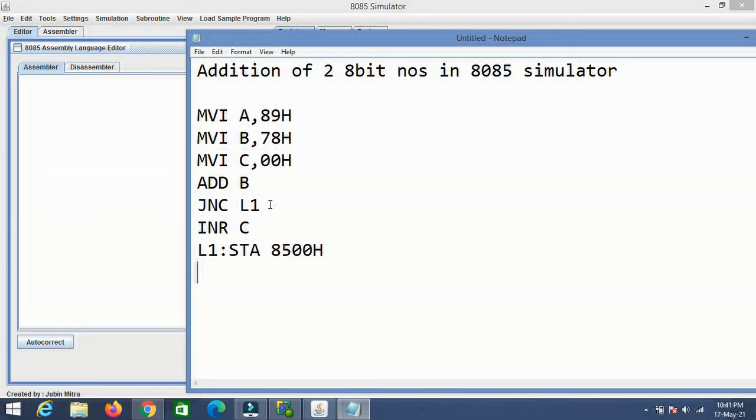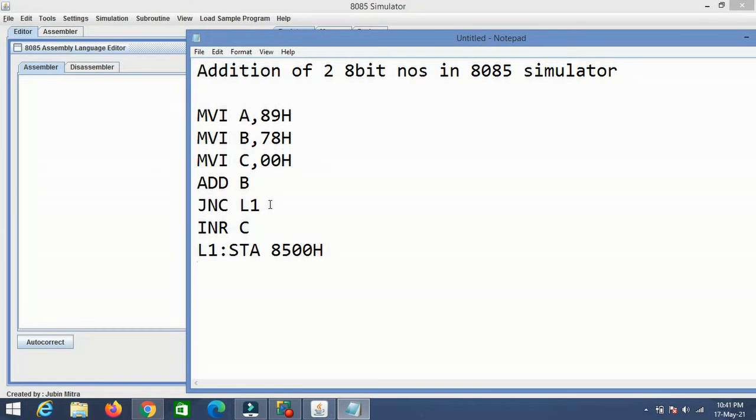Maybe it will be present in the accumulator, but generally we always need to store it in memory, and check the memory location for the output address. For that it is STA, which stands for store accumulator. Whatever is stored in the accumulator, the answer, will be stored in this memory location 8500.